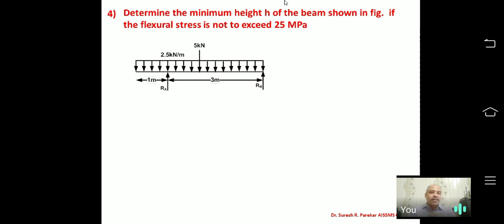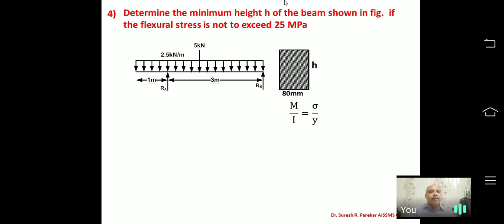See, in the first problem, everything is given; simply you have to draw the bending stress diagram. Second, the moment is given and you have to find the moment and then plot bending stress. Third, you have to find the load, and bending stress is given. Fourth, the loading and bending stress are given, and you have to find the depth, that is the value of h. The section is given as 80 and height h. The loading diagram is given, the section is given. And now we will start.